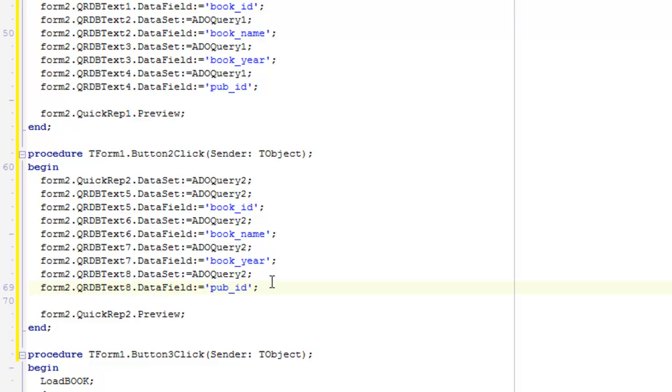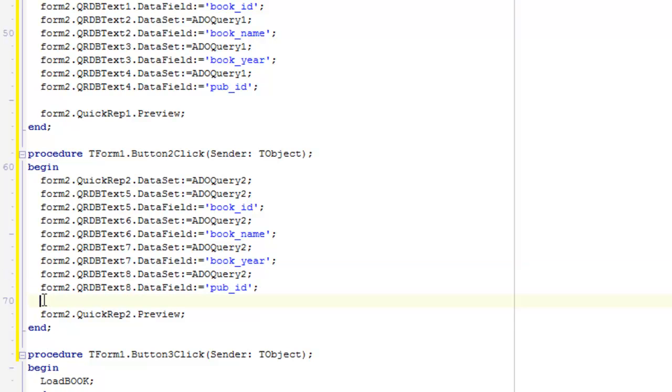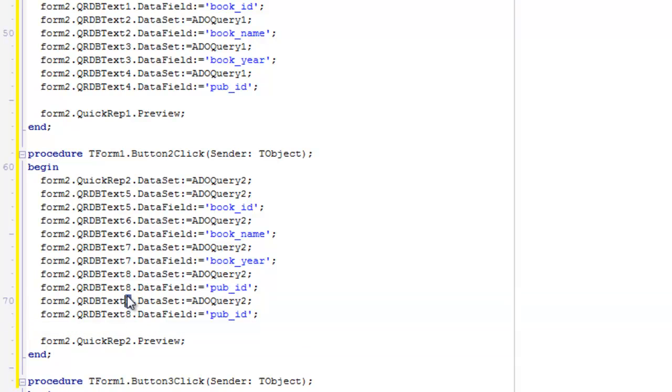Since we have 5 fields, we have to put 1 or 2 more lines here. This is 9. Okay, so this is book ID, book name, book year, publisher name, and this is going to be publisher address here.